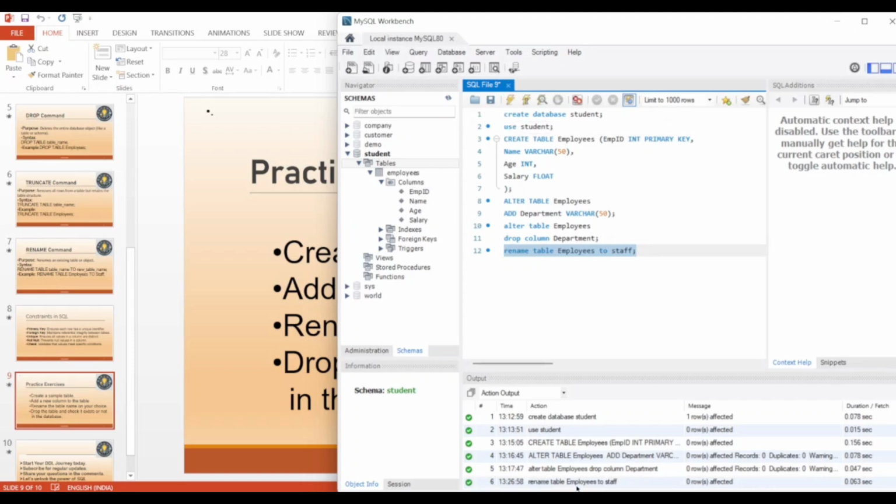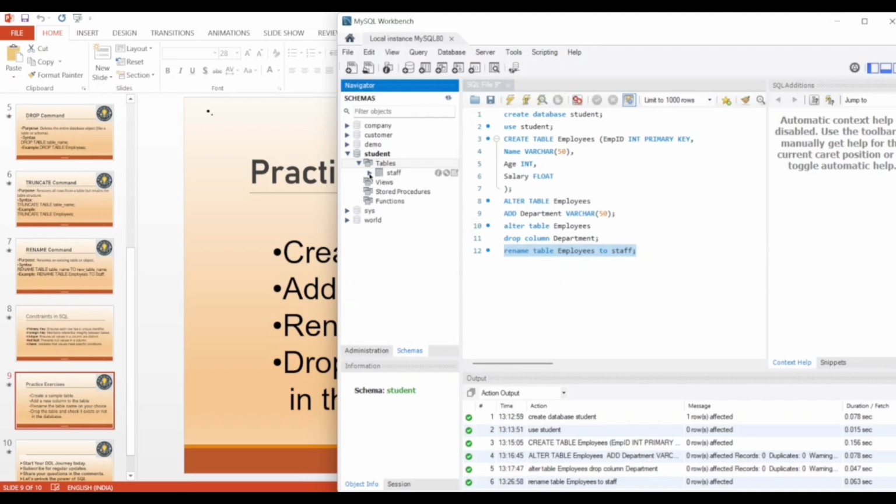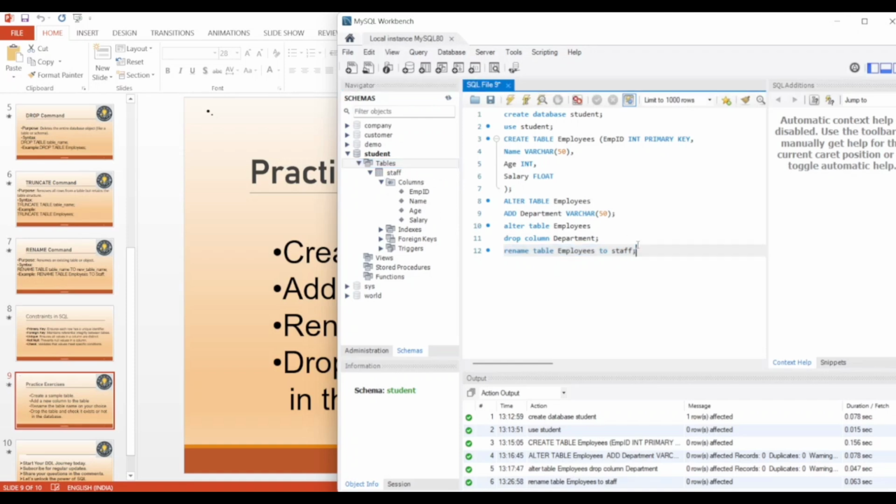select, execute, see execute. Now there is it, see there is employees, right? Now if you refresh, this is staff, and see the columns are intact. Okay, columns name same here, employee ID, then name, then age, salary, just same as before, right? But the name of the table now is no more employees, it's now renamed to staff, right? So this,